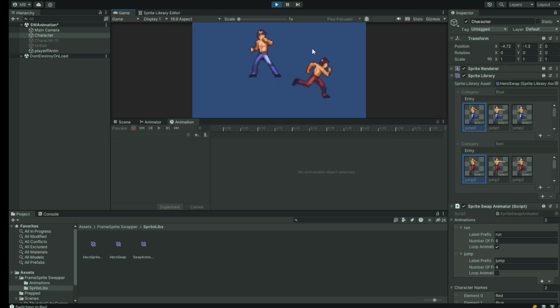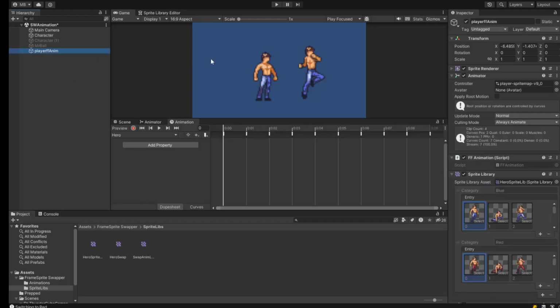Okay, and if I press space, our character does his little jump thing. And of course, you can see my character on the left reacts as well. Now let's look at how this one is set up. This would be the way that I recommend. If we go down here,